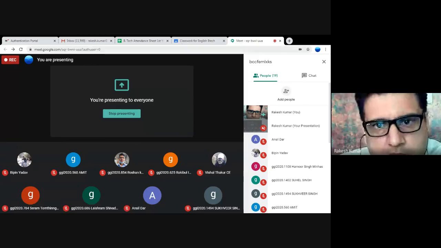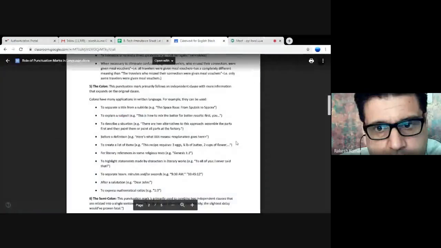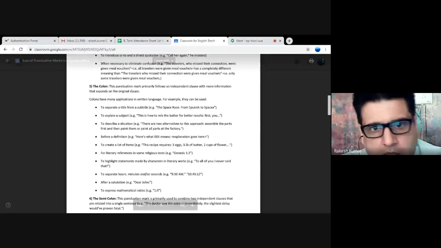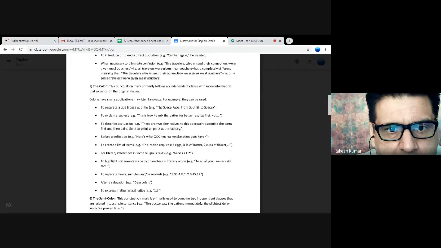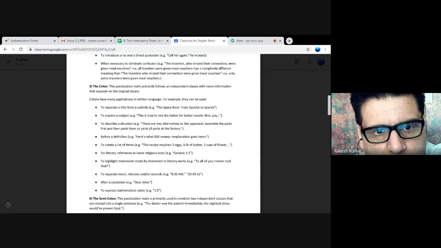So let's start the class. We were studying punctuation marks, so we have to start with the colon. They're saying this punctuation mark primarily follows an independent clause with more information that expands on the original clause. Colons have many applications in written language. For example, they can be used